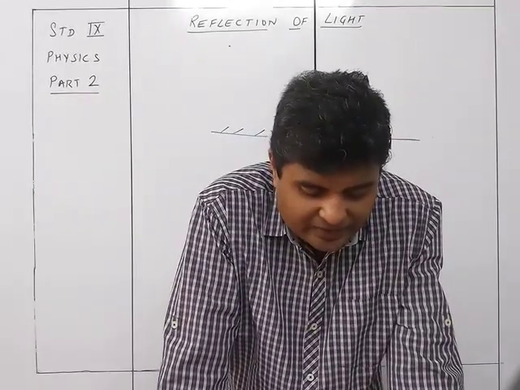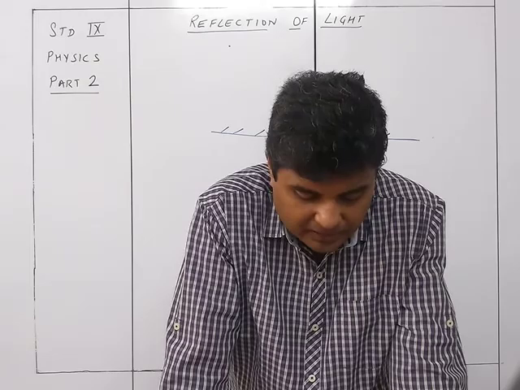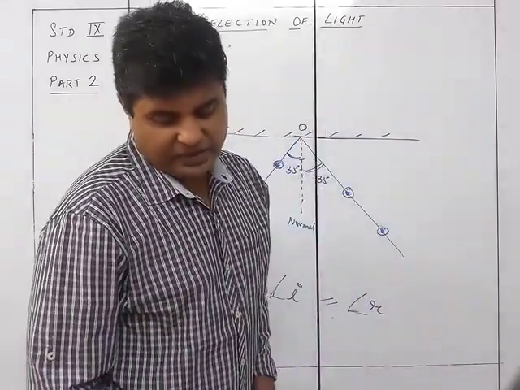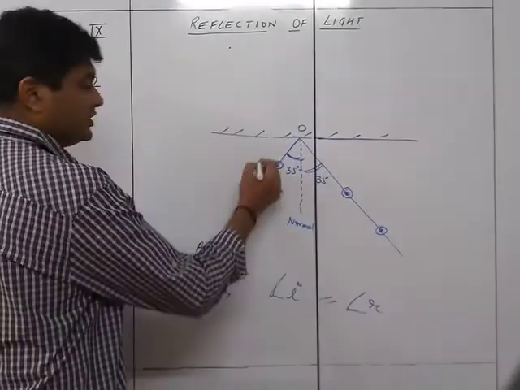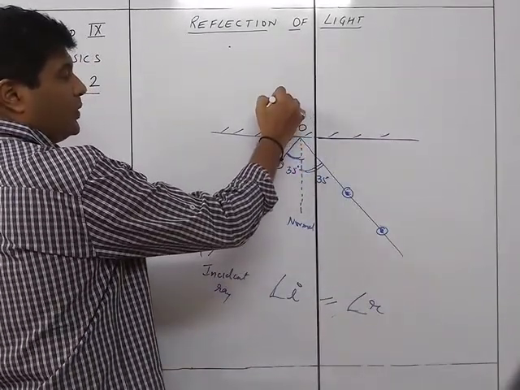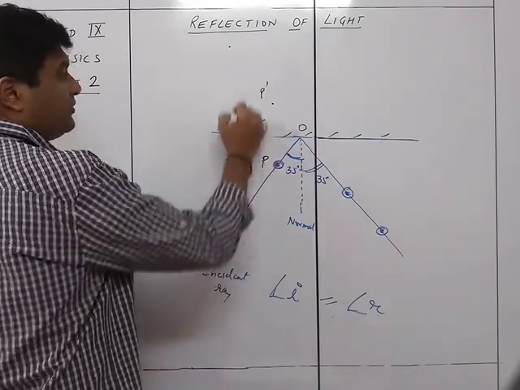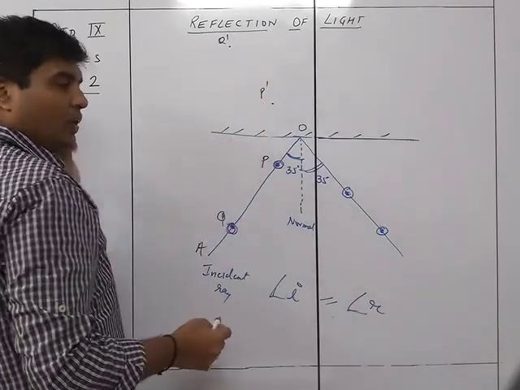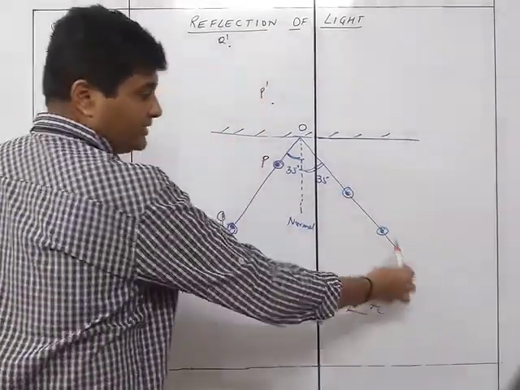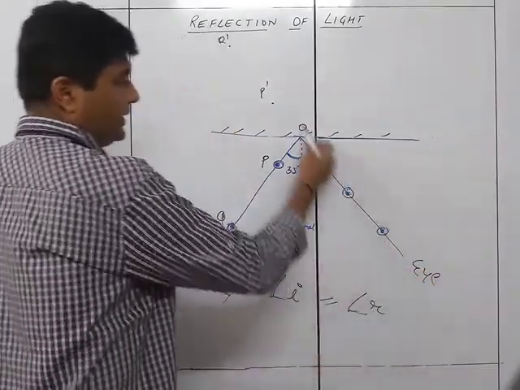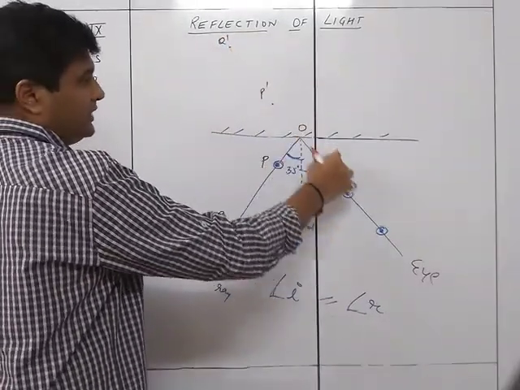Keeping eye on the other side of the normal but on the same side of the mirror, see clearly the image P dash and Q dash of the pins P and Q. Now, okay, so this is P, this is Q. You are going to see the image of this as P dash and image of this as Q dash. Okay, and then you are going to see from this side. We are going to have our eye at this point, and we are going to see all these in a straight line.